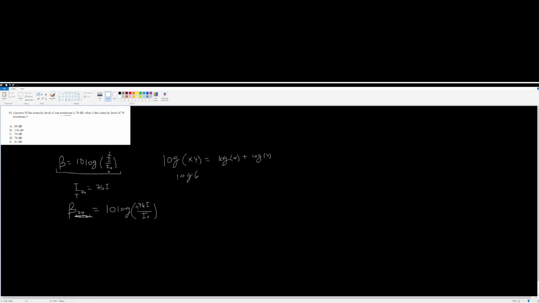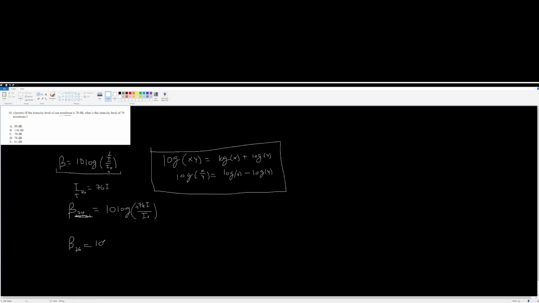And similarly, the logarithm of x divided by y is the logarithm of x minus the logarithm of y. So this is a very important property in general, and it's very important for this problem. I'm not sure if you've learned this properly in your pre-calculus courses. I don't remember when you learned it, but essentially, we can exploit this property to say that beta of 76